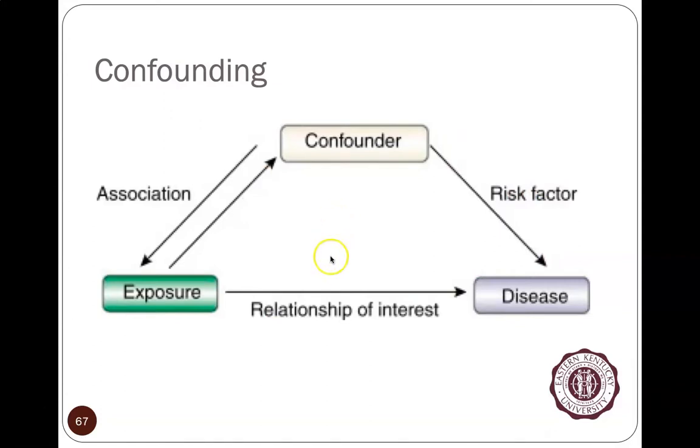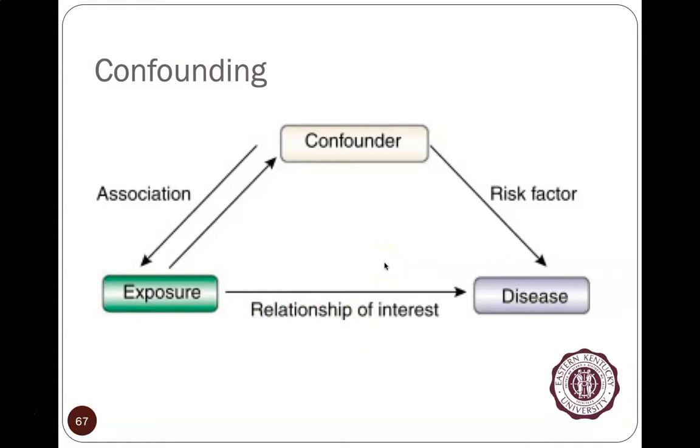in confounding, a confounding variable is something that is linked to the exposure of interest. There's an association there, and there is a relationship between the exposure and the disease, and the confounder is also related. So this thing called a confounding variable confounds our ability to show the exposure's relationship with the disease. It makes it harder to see this. Sometimes it even blocks this relationship. Sometimes it makes this relationship stronger. So there are a lot of things that go on.